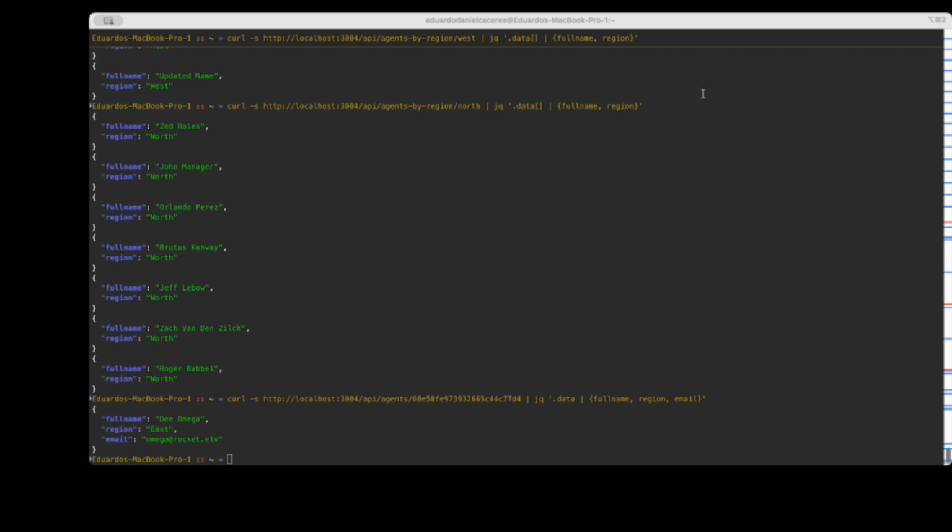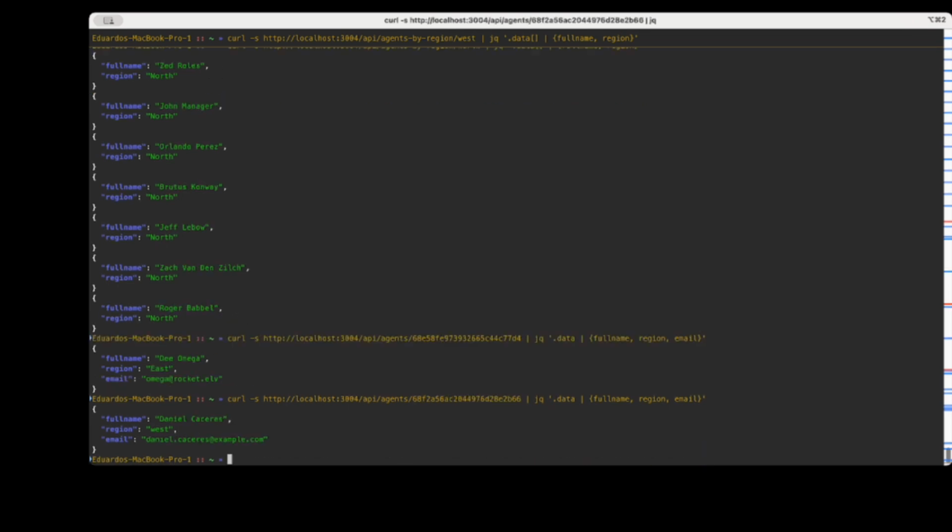Let's see that ID. We changed that ID to my ID, and hopefully that will pull my name. Yeah, so we did agents by ID, by regions, and all those endpoints are working accordingly. Let me see what else we should do. Let's do the building calculations as well. Perhaps that's the next